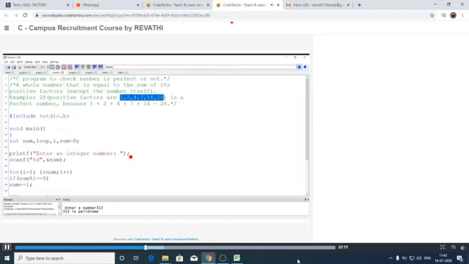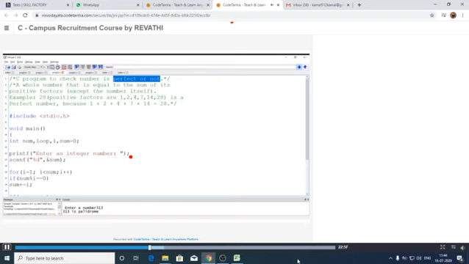But whenever we check for a perfect number, the sum of all its factors, except the given number itself, is equal to the given number. This is the logic we have to follow. That means the sum of all positive factors of the given number, except the number itself, is called a perfect number. Let us observe that 1 plus 2 plus 4 plus 7 plus 14 is equal to 28. We should not take the given number. This is the logic we follow whenever we check for a perfect number.